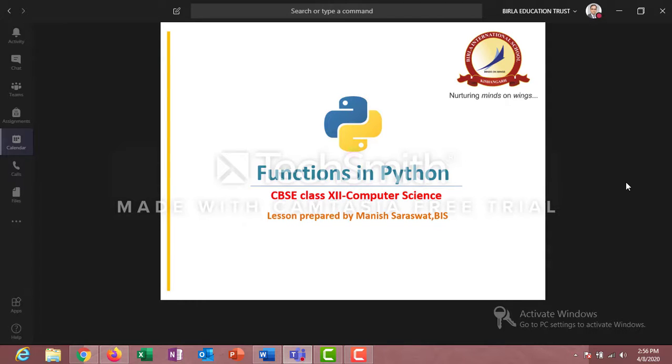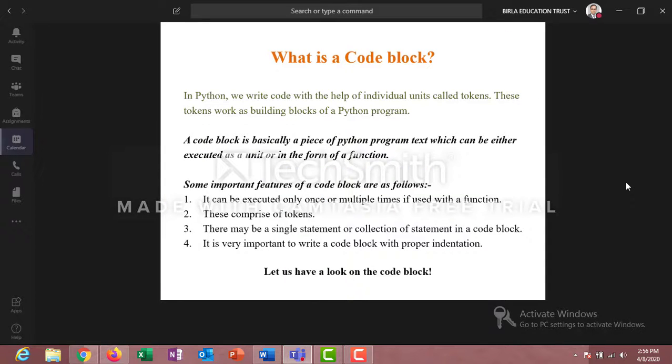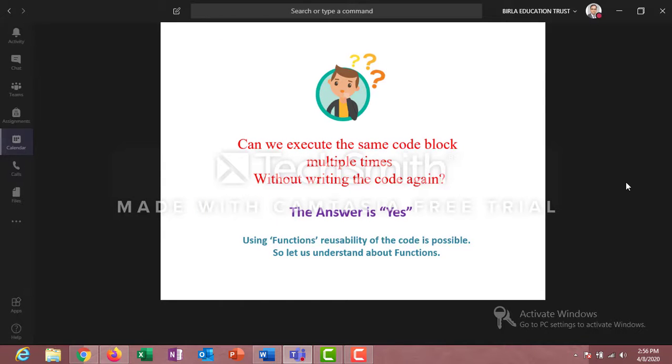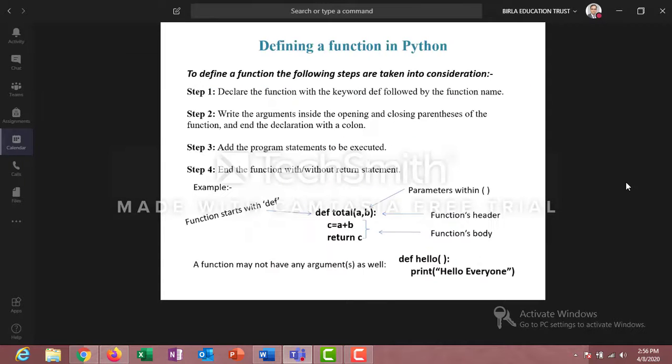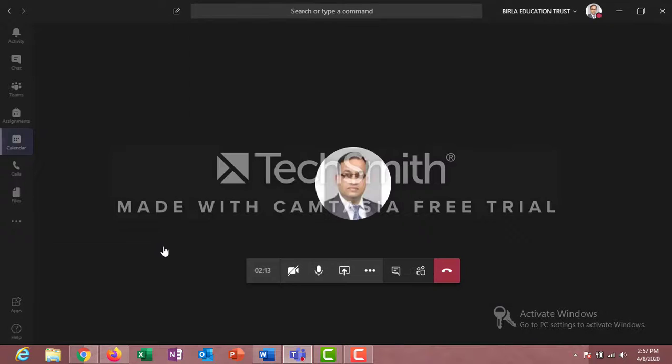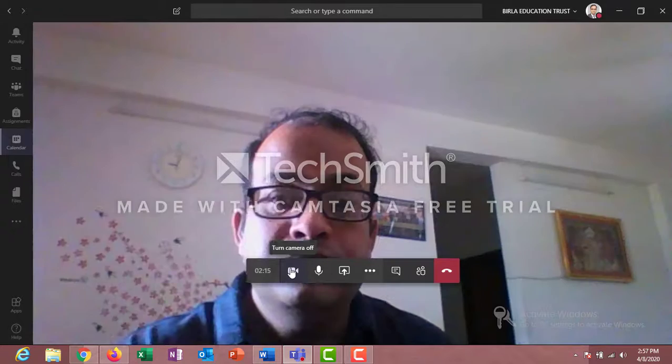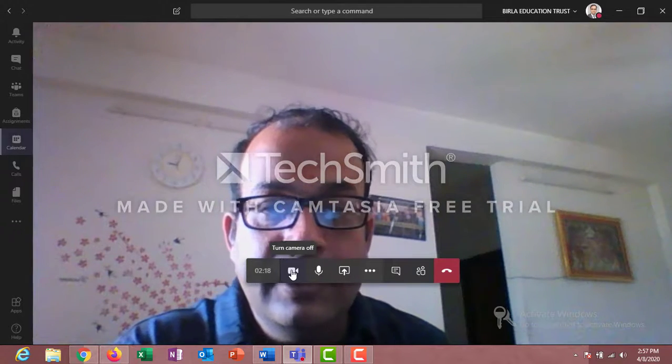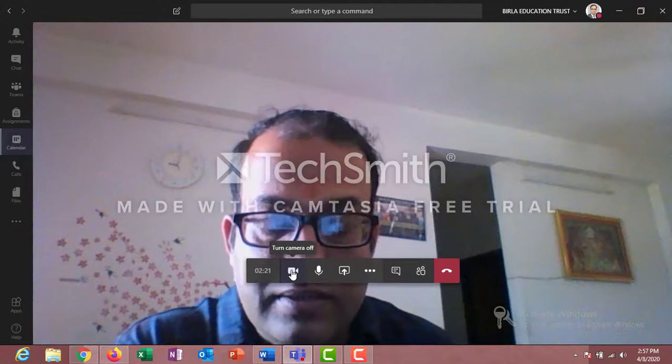Here I can use my arrow keys to move through the presentation, and one after the other I'll be able to see my slides, and my students will also be able to see these slides. So at the same time you are explaining to them and you are showing them the slides as well. Once your presentation is over, first of all, you can stop presenting and come back to your previous screen where you were addressing the students. You can show them your live lesson, or you can interact with them with the camera as well as with the mic.